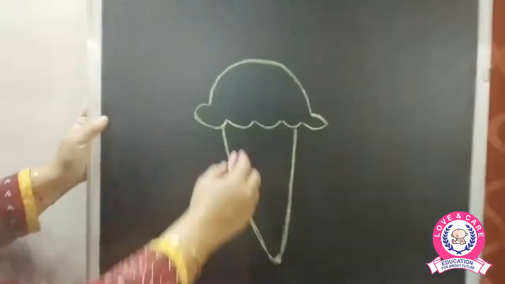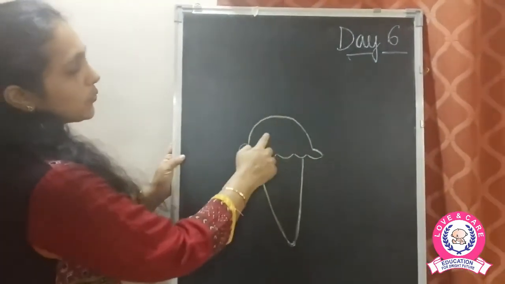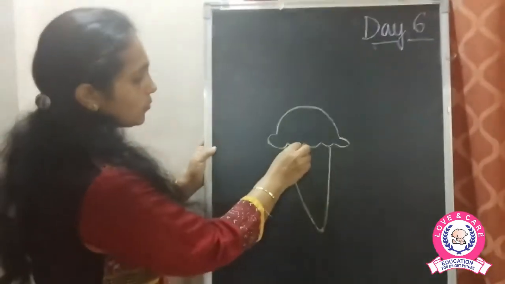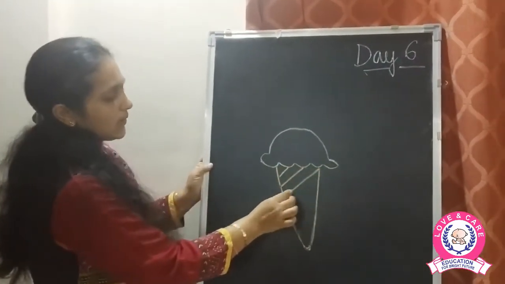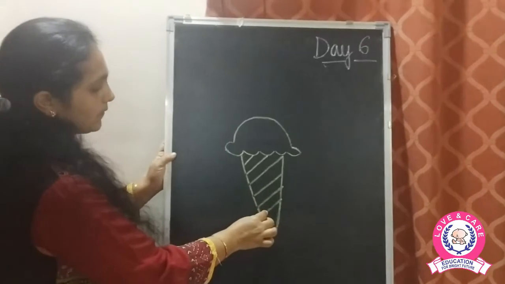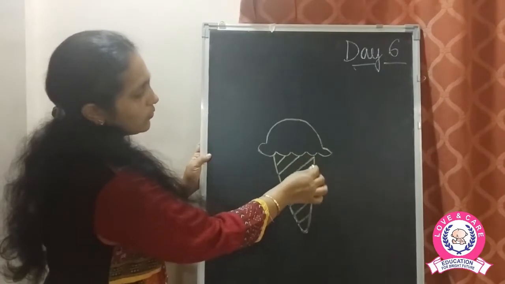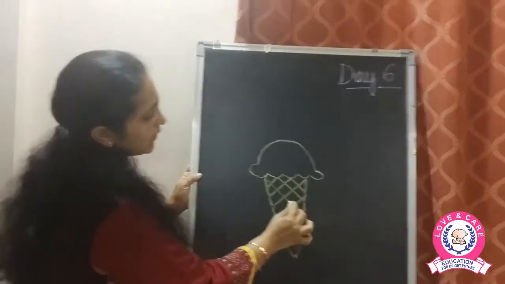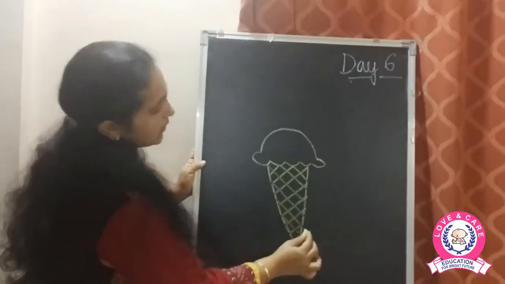Now you can have the topping of your choice. ये आइसक्रीम स्कूप होता है जो हम खाते हैं. So you can have of your choice, and then here we are going to make the slant lines. यहाँ पे हमें क्या बनाना है? हमें slowly slant lines बनानी है. एक तरफ बनाने के बाद we will go across like this. Opposite side से हम वहाँ पे slanting line बनाएंगे. So यहाँ पे एक ऐसा डिजाइन आएगा.